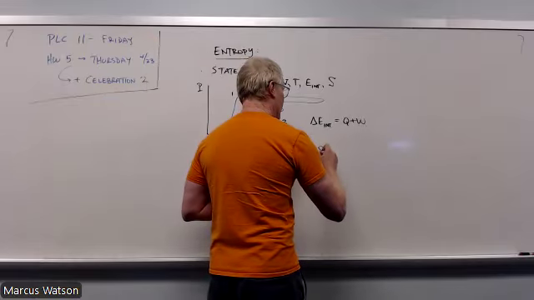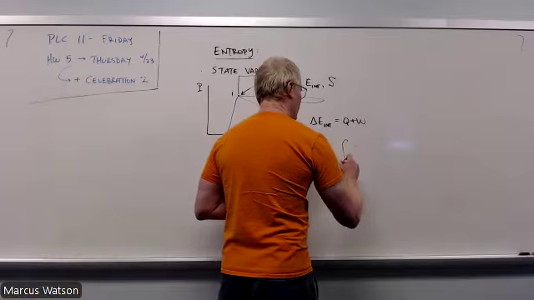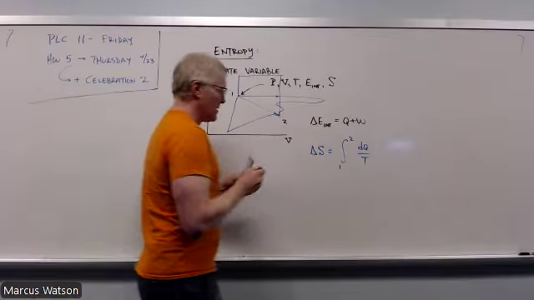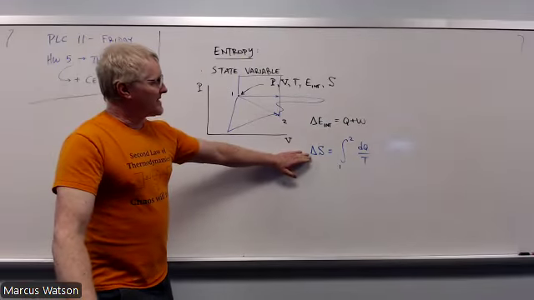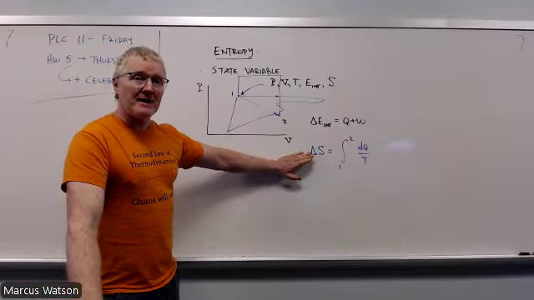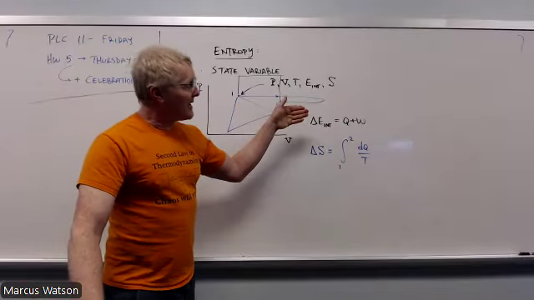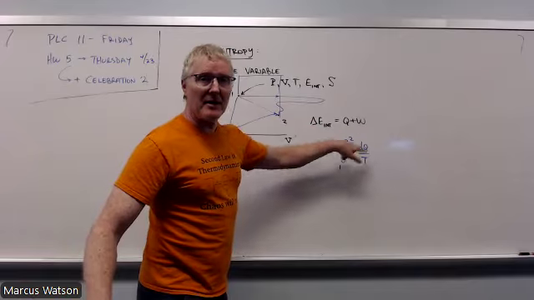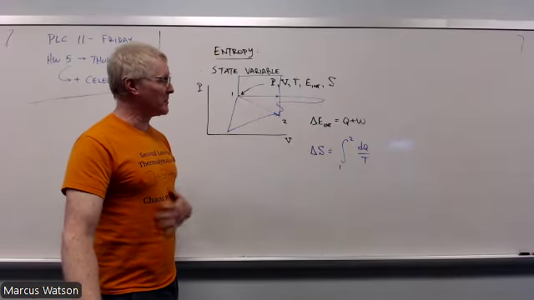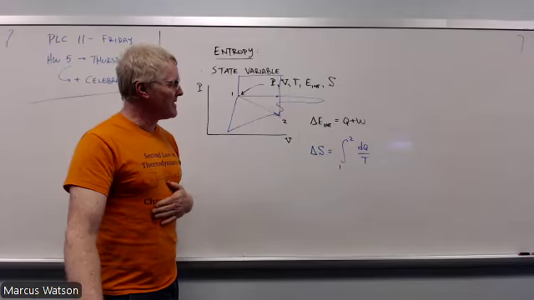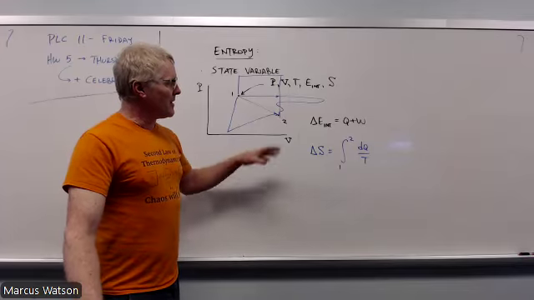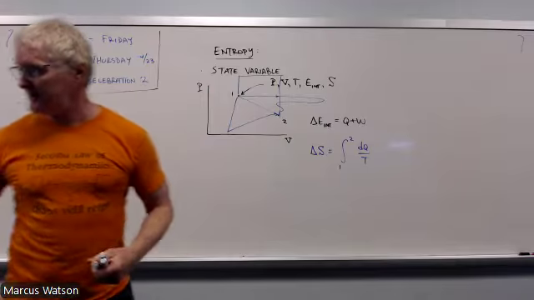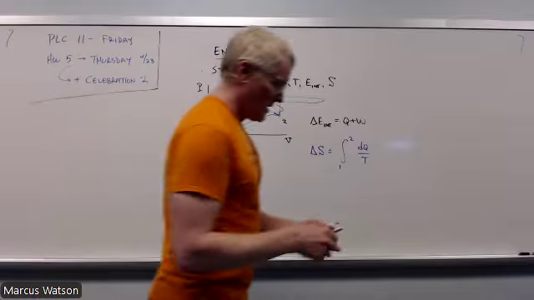Delta S, if you recall, is the integral from 1 to 2 of dQ over T. So what this is getting at is that there's an entropy defined at each of the points, and how you find that change in the entropy is by examining what the heat transferred was during the path. So let's take a look at a couple of ways of calculating what the entropy is as we go from one state to another state.